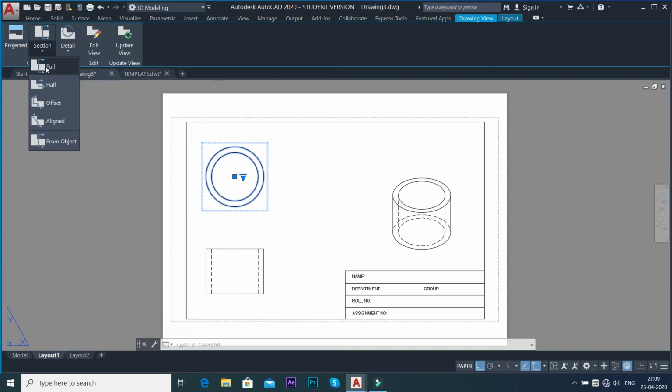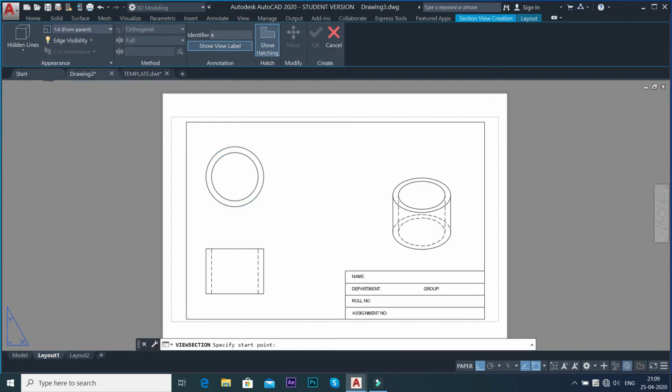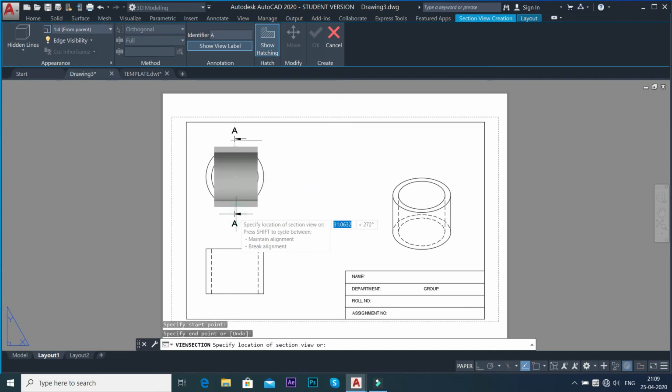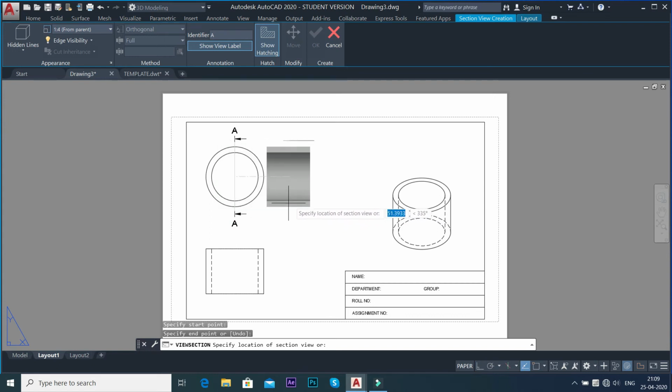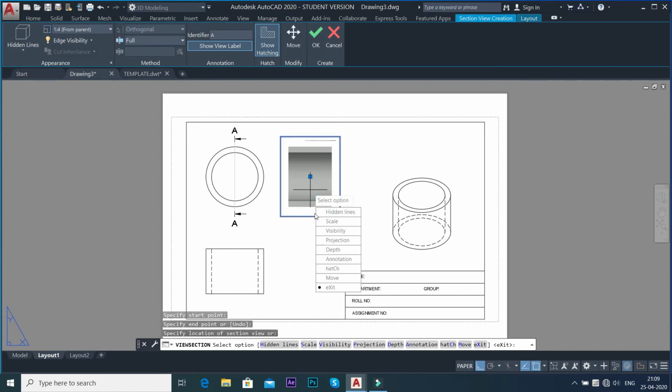If I want to go for the full sectional view, I will click on this full, and there are other options available also. So currently I want the full sectional view, so I am tracking this point. Suppose I am clicking it here and I am clicking it here, so I'm creating a section here. And as you can see, if I bring my cursor to a convenient position and click on that position, you are actually getting the sectional view of that particular object, which is cut from this particular section that I have assigned. So I'm clicking on enter here.